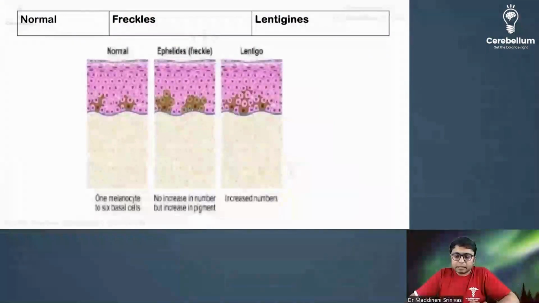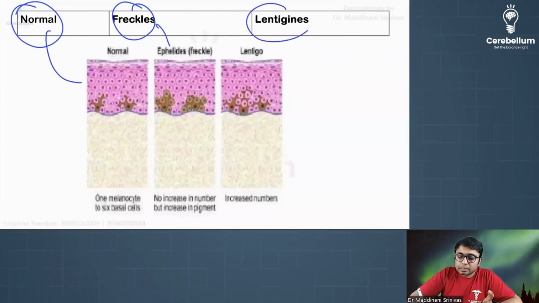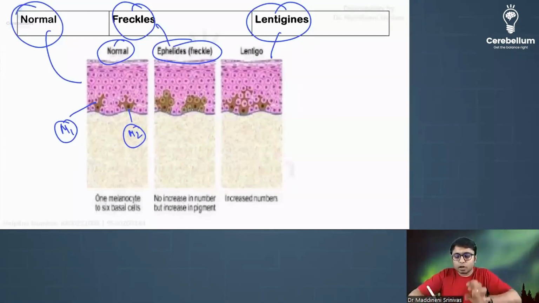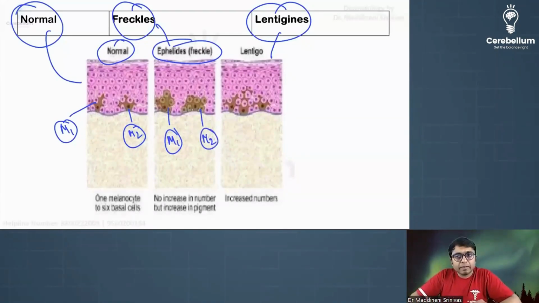In this picture, this is normal, this is freckles, and this is lentigines. If you observe carefully, the number of melanocytes in a given part of the skin will be the same in normal skin and freckles, whereas